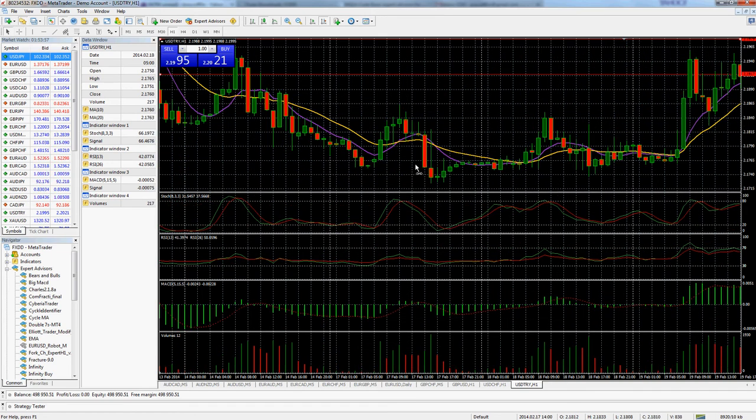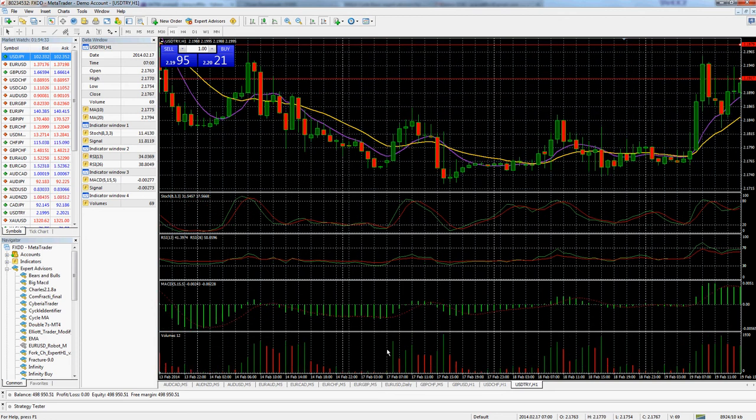MACD is a little more complicated. The red dotted line is your signal line, and your MACD is your actual bars, so you would need the signal to be below, and two MACD bars increasing in value. So this is a buy signal here. It is a little lagging in this one, but you can adjust all the parameters to make it more responsive, or increase the numbers to make it stronger and slower, which will increase your potential